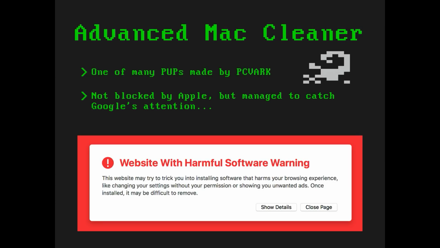Next one in the line was Advanced Mac Cleaner. This is very similar to MacKeeper. It pretends to be an antivirus and a cleaning tool. Does a lot of the same things. This one is kind of interesting because although MacKeeper is still the most aggressively marketed and nobody's done anything at all about it,